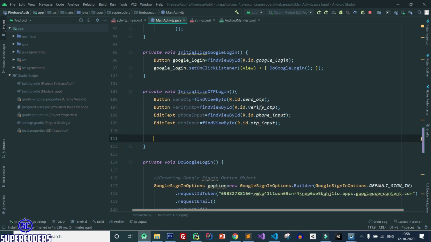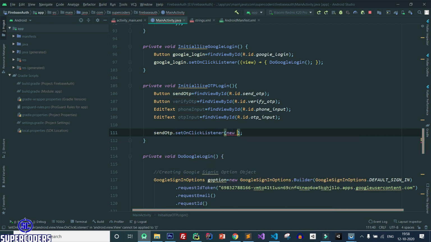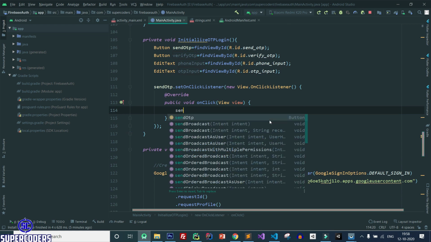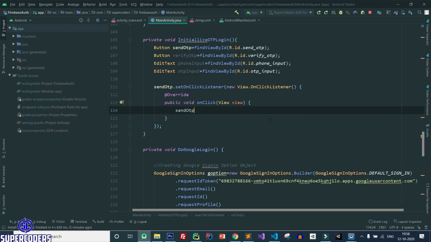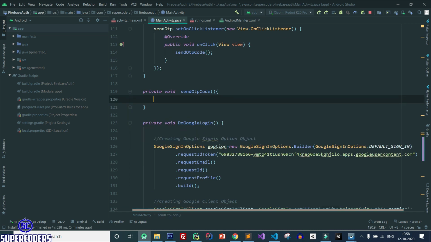After that send OTP dot on click listener, new view dot on click listener, send OTP code. After that let's create this method. So copy the method name, private void. After that let's see the next step.